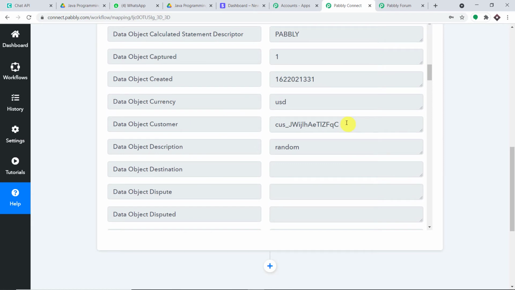So there is something I have to tell you. All the details of Darius are stored in this particular address. As you can see, this is the field data object customer. So what we're going to do here is extract all the details of Darius, like the name, the last name, the email, the address, and of course the phone number from this particular address. And this is how you do it.